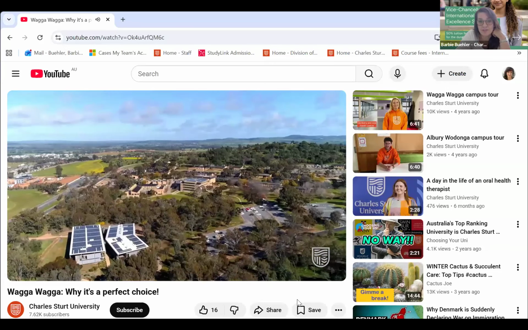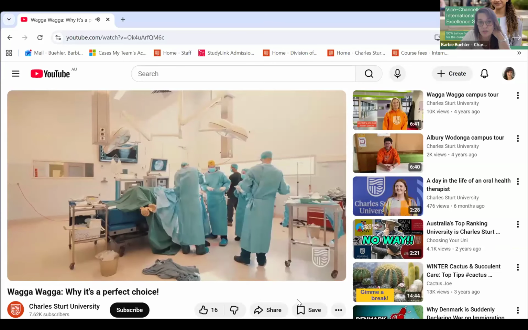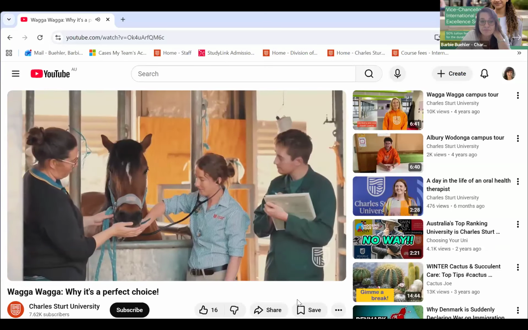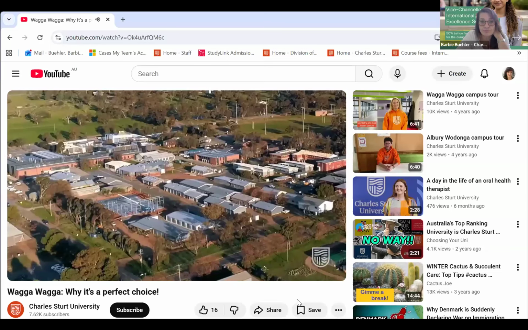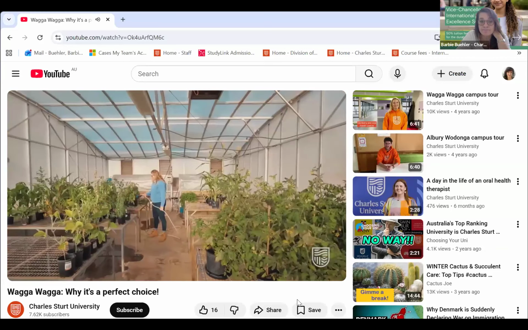There's a lot of wide open spaces. We have a lot of farmland in Wagga Wagga, but also a lot of medical, dental, agriculture as well.